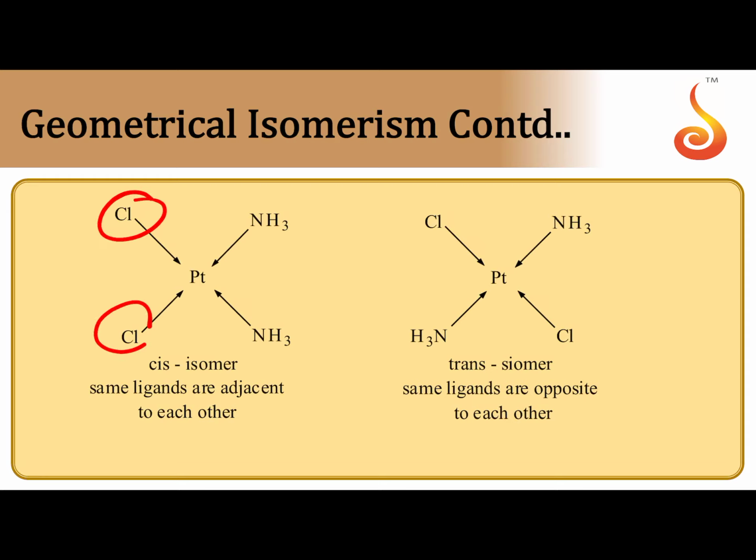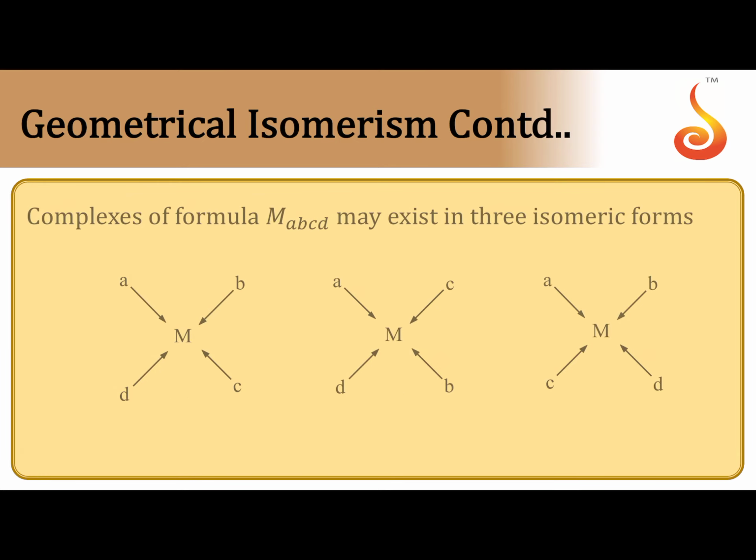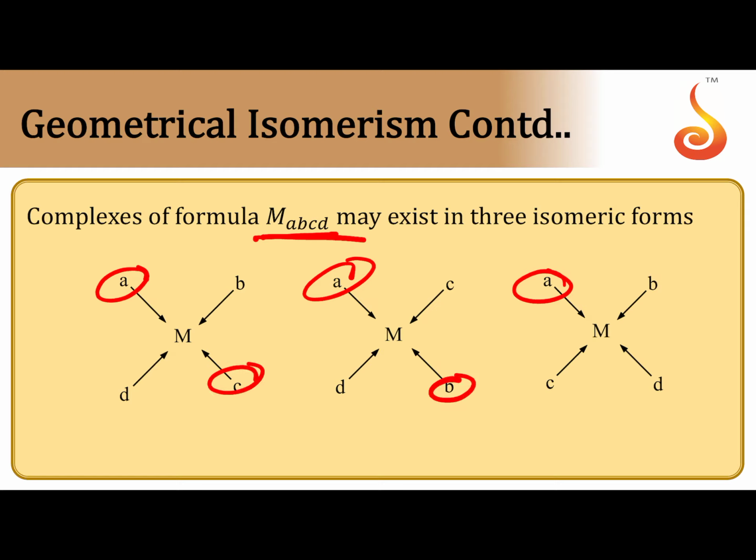If you take MA2B2, here two chlorines are closer to each other with bond angle 90 degrees, square planar, but in the next one, two identical ligands are far away from one another, the angle is 180 degrees. So due to difference in the distance or angle between two identical ligands, we can say cis isomer and trans isomer. Similarly, MABCD, you keep the A constant and keep on changing the opposite one, you can get three types